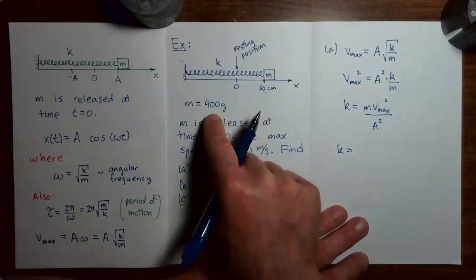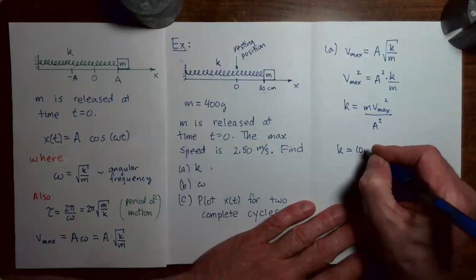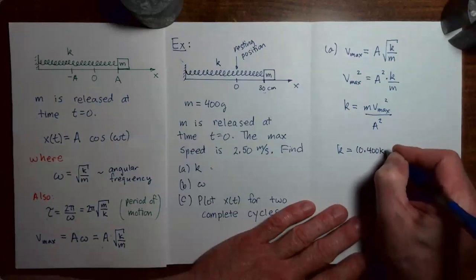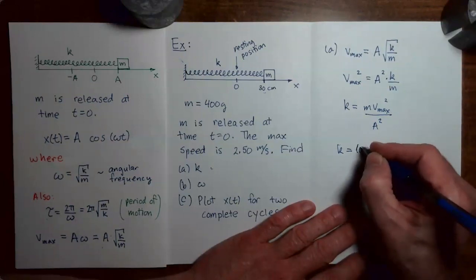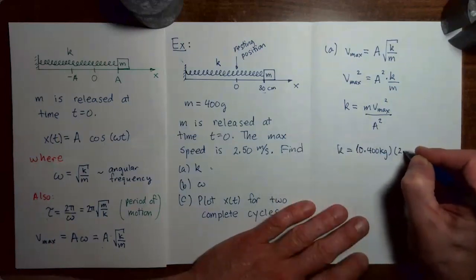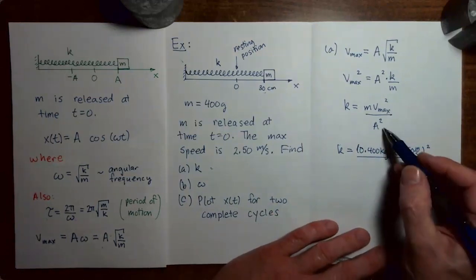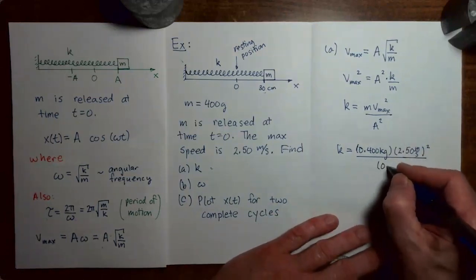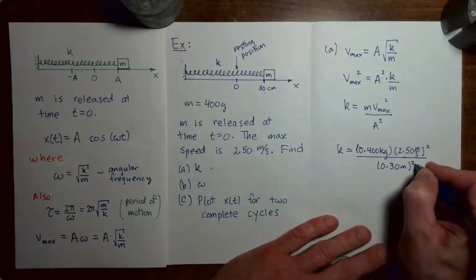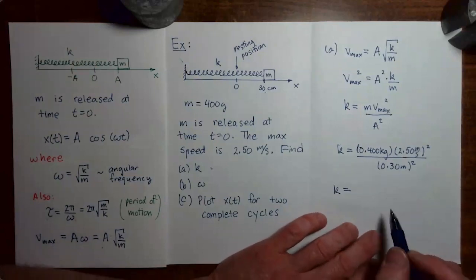Substituting, I'm going to go to MKS units. So the mass would be 0.4 kilograms. The maximum speed was given as 2.50 meters per second. We square that. And the amplitude is 30 centimeters, which converting to meters is 0.30 meters. We square that. Putting all of this into my calculator, I get for the numerical value